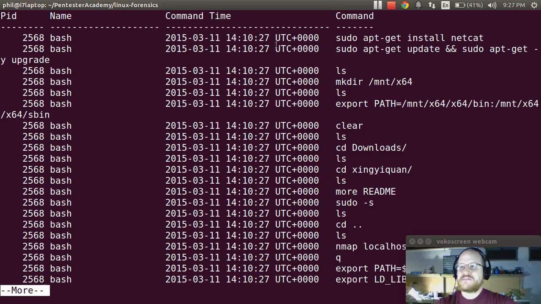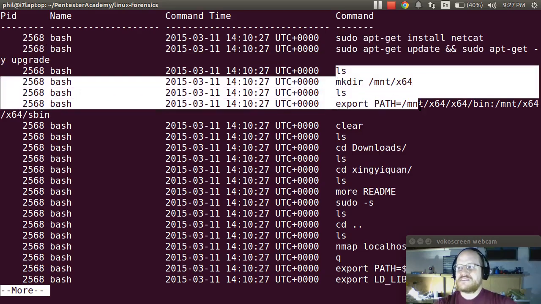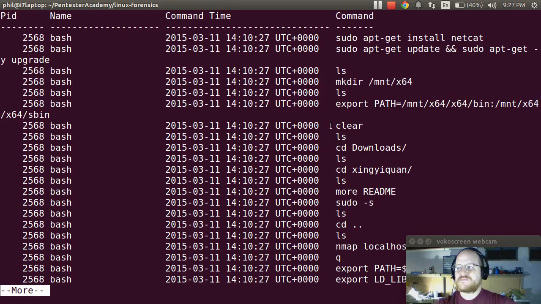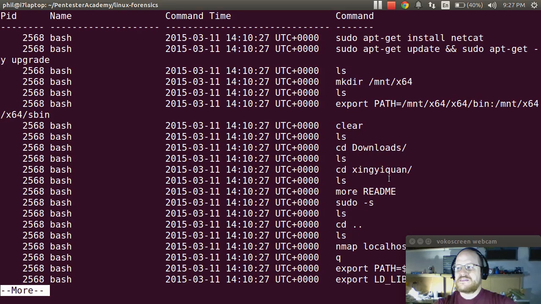So here we can see that this process ID, 2568, has a little bit of history. So they ran apt-get install netcat, they ran an update. Looks like they made some directories. And they ran a few commands. It would appear as though one of the commands that this user ran was to go to the downloads directory and go to the Xingxi Quan directory, look at the README, and then